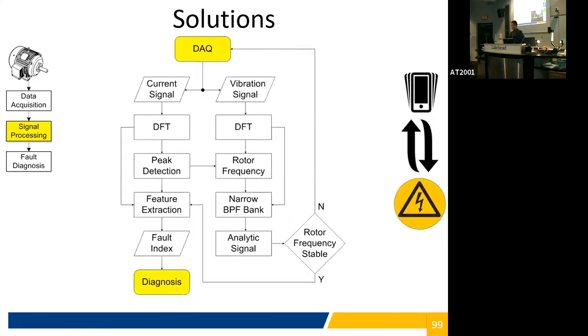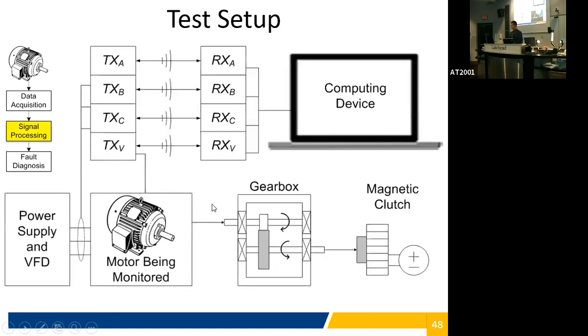Okay, and so the synergistic fault detection method looks like this. We use current and vibration to help us determine a stable operating condition for the rotor speed, and then from there we can extract a feature reliably for our diagnosis. So the test setup is symbolically represented like this. So we got 4 sensors, 3 transmitting sensors for 3 phases of current, and 1 sensor for the vibration, wirelessly